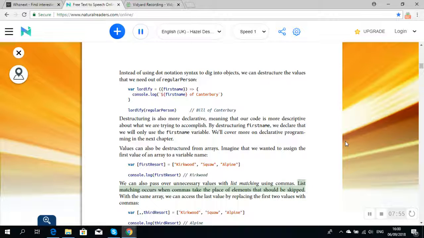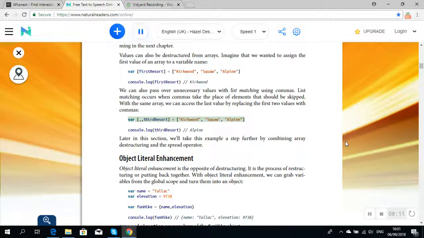List matching occurs when commas take the place of elements that should be skipped. With the same array, we can access the last value by replacing the first two values with commas. var [,,thirdResort] = ["Kirkwood", "Squaw", "Alpine"];